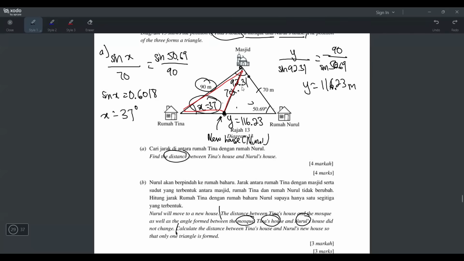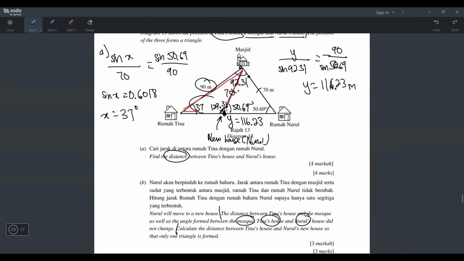Okay, let's start by labeling the isosceles because this is 50.69, this is 50.69 also. And you can find the other side here, just take 180 minus 50.69. I press calculator. Okay, I get 129.31. So let me erase and okay, so this one is 37 and then this one is